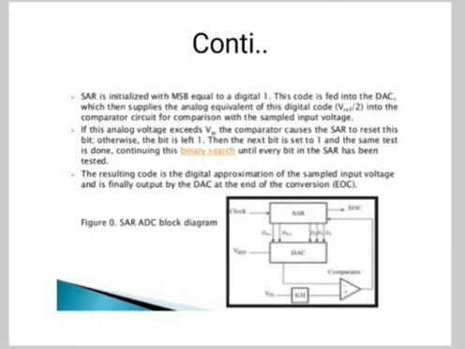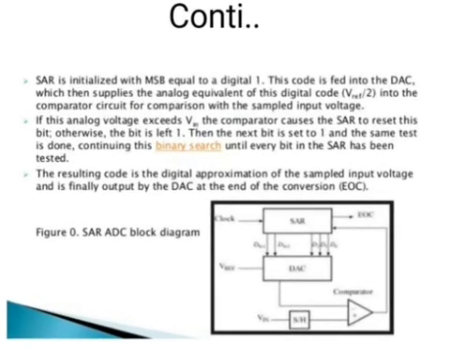The SAR is initialized with the MSB equal to digital 1. This code is fed to the digital to analog converter, which then supplies the analog equivalent of this digital code, V reference by 2, into the comparator circuit for comparison with the sampled input voltage. If this analog voltage exceeds V in, then the comparator causes the SAR to reset this bit. Otherwise, the bit is